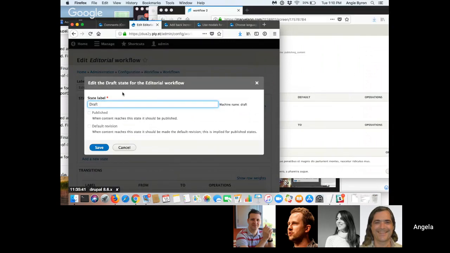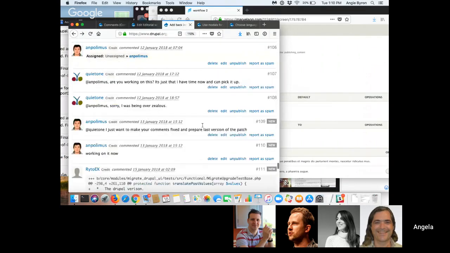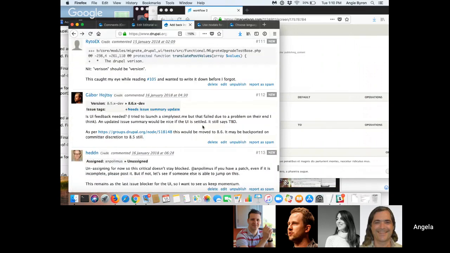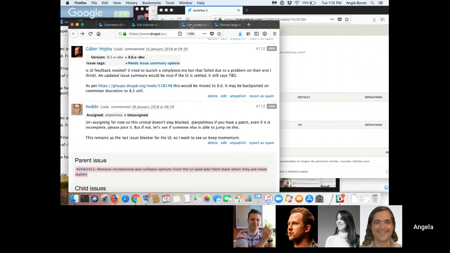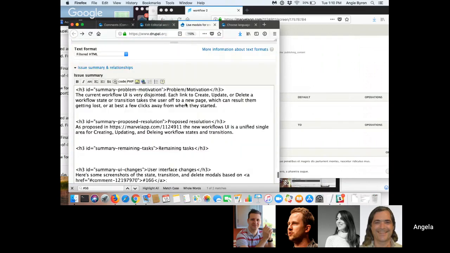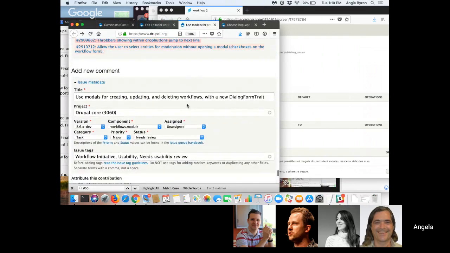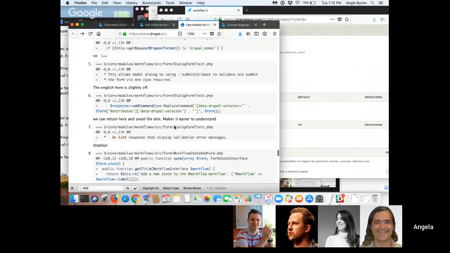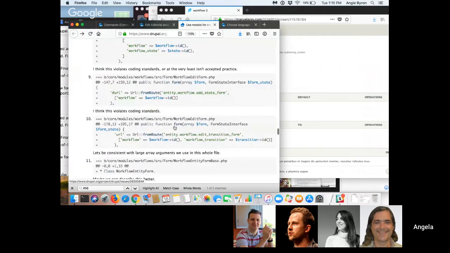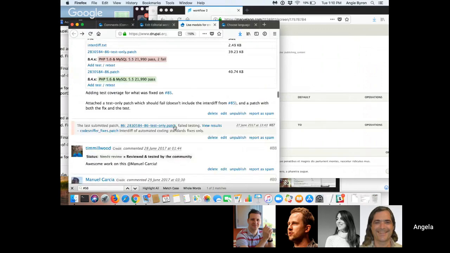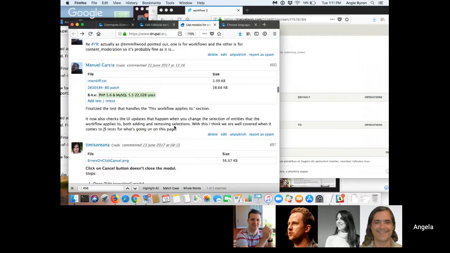But yeah, so I'm not sure what to post on this from a usability review point. I think I can say that we all think that using dialogues here makes sense. And that this issue seems to have changed around a lot and is no longer about the overall revamping of the workflow UI, which is weird. I don't know why we used the same issue, like earlier in this issue where we were posting screenshots of, like,